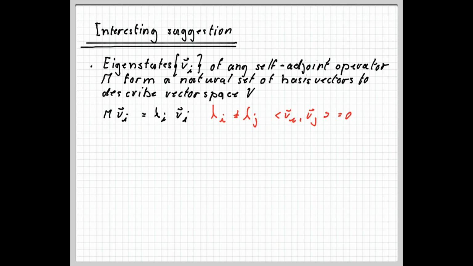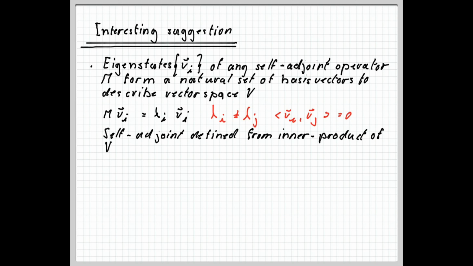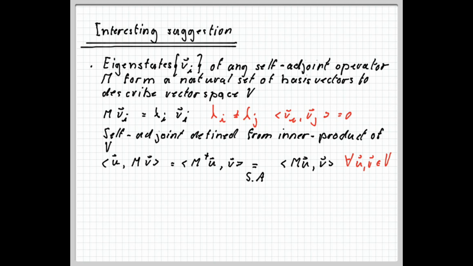Remember, we defined the self-adjointness of an operator with respect to the inner product of vector spaces in V, not with respect to some representation of V. This is important now. I.e., in this, SA stands for self-adjoint. Or in the bracket notation more common to quantum mechanics, this reads as